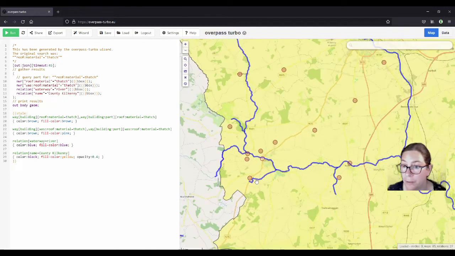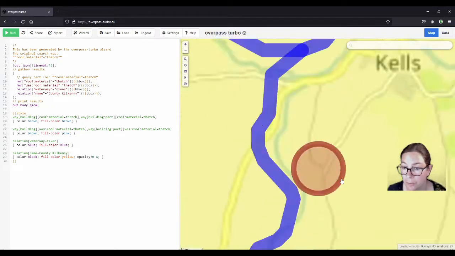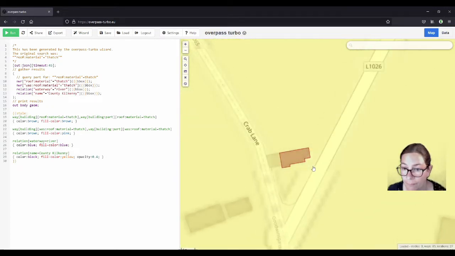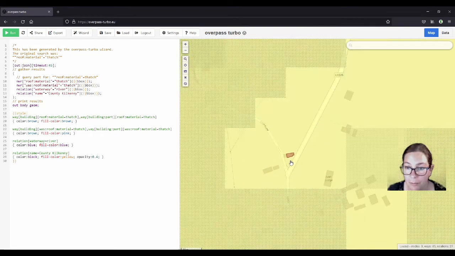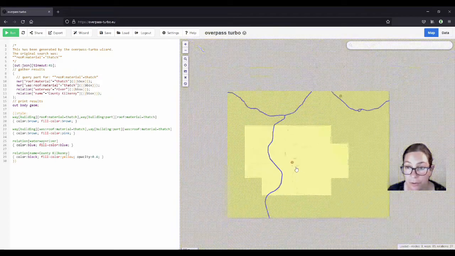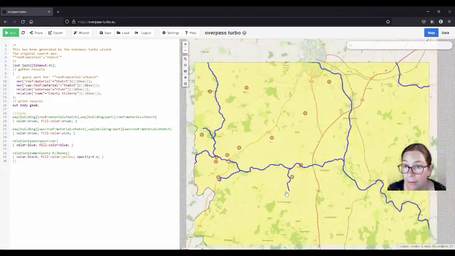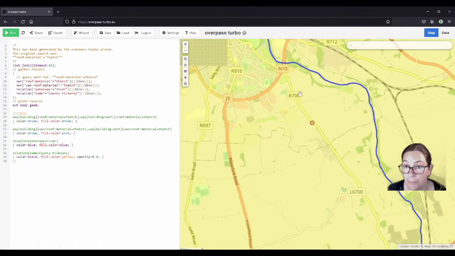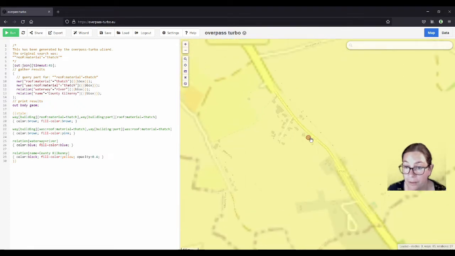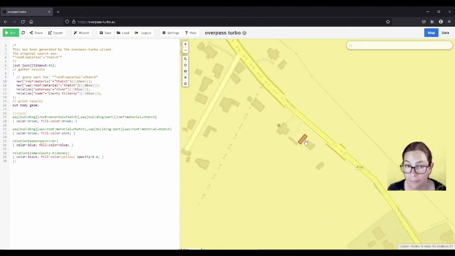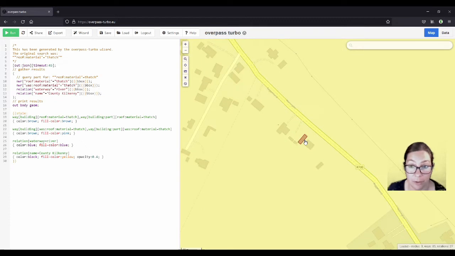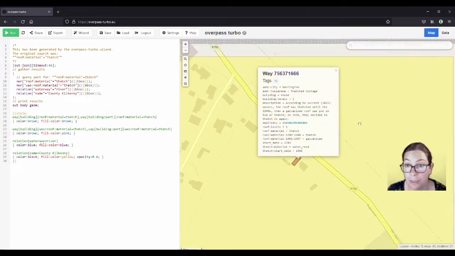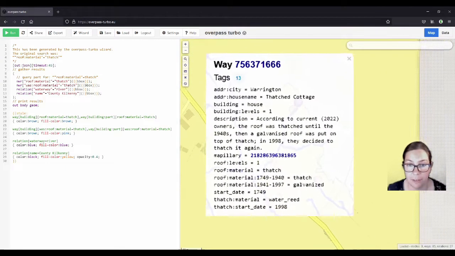I'm trying to remember one. This one here. So this part is thatched and this part of the building isn't. And I'll do another video about how to map that. So this one is on the Bennett's Bridge Road in the townland of Warrington. I got in contact with the owners because I have a friend who happens to be friends with them, and I asked her to get me their contact details. So I'll blow this up on the screen so you can see it better.